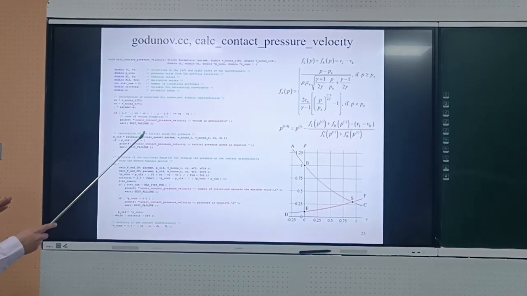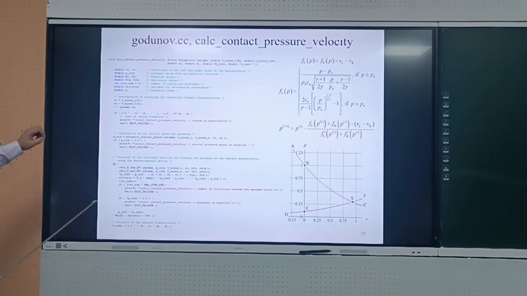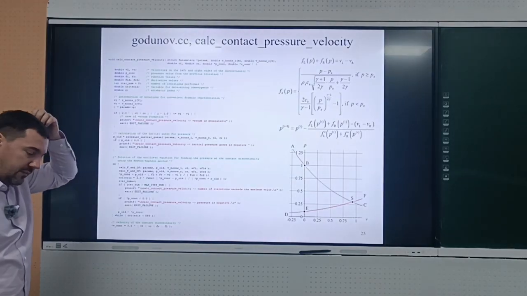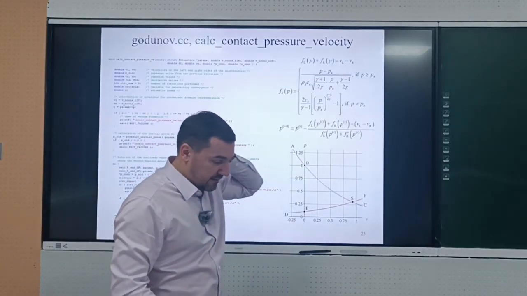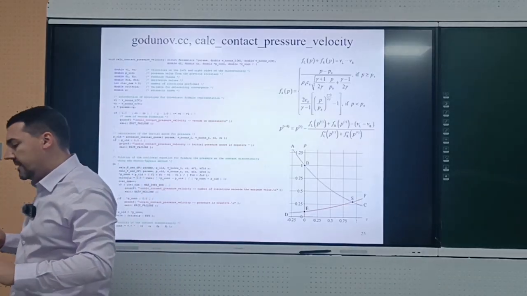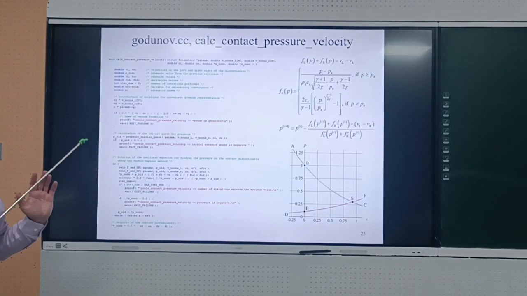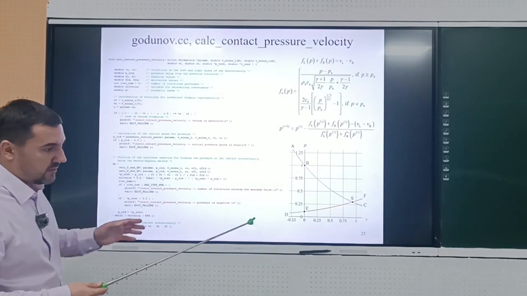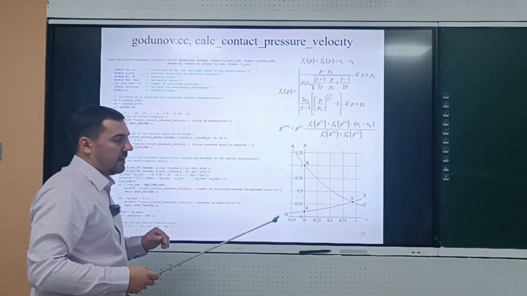Instead of this, a nonlinear equation is solved. So the calc contact pressure velocity function looks as follows. First of all, there is also an important feature to discuss. The Riemann problem does not always have a solution. Why is it so? Because it corresponds to motion of gas, and so we can imagine some situation where